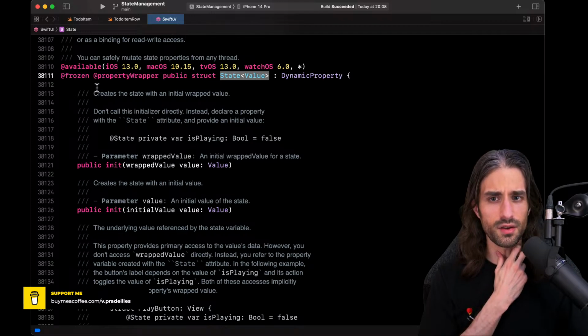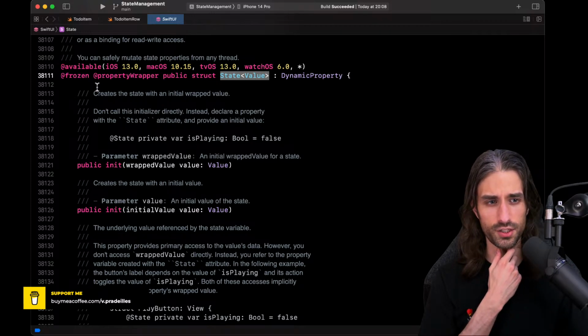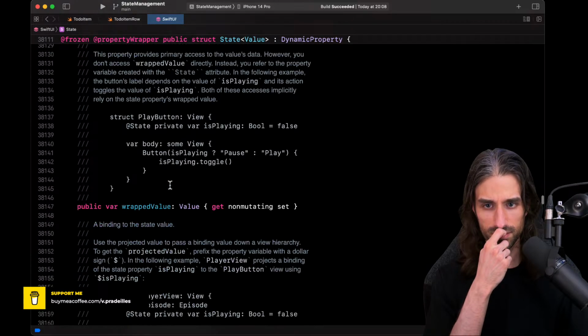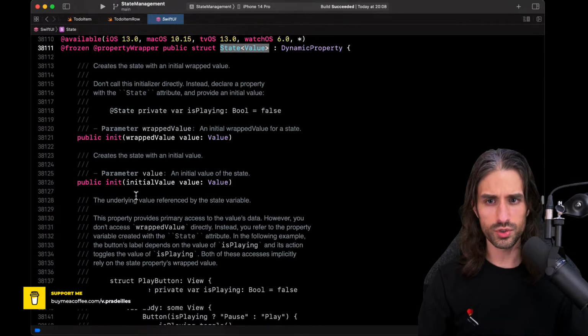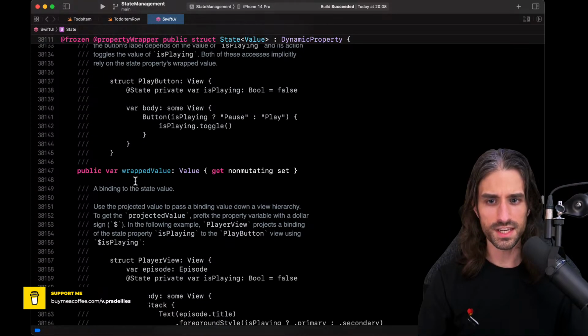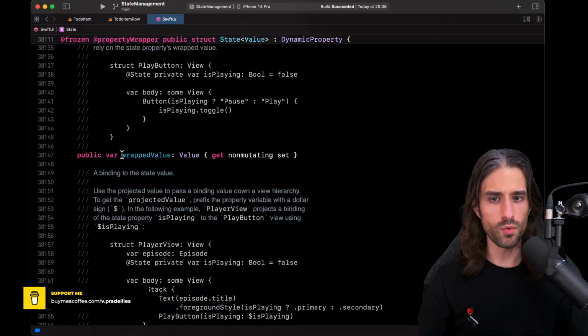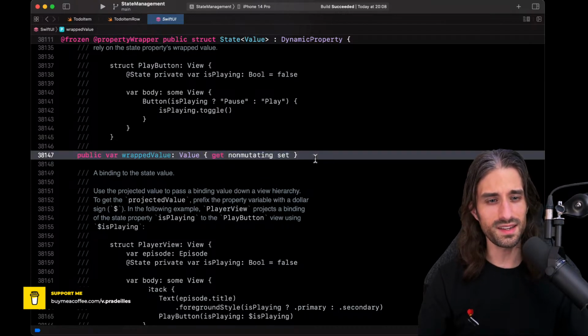So @State is a property wrapper, an annotation that you apply on a property. What's interesting, and what I want to show you here, is wrappedValue, so what you get when you access a property that is annotated with @State. You can see that there is a getter on that wrapped value, there is a setter, but that setter has a very interesting characteristic, one that feels a bit weird because it's a non-mutating setter.